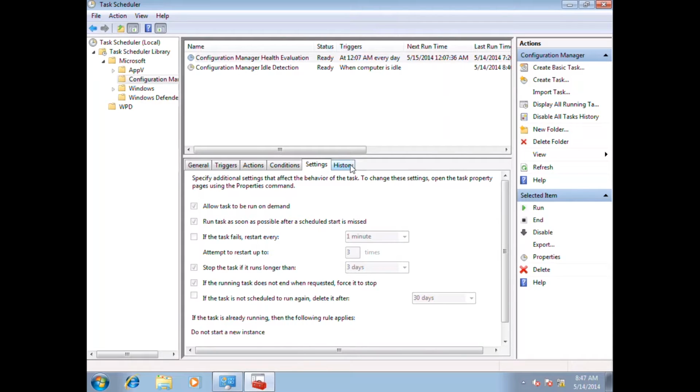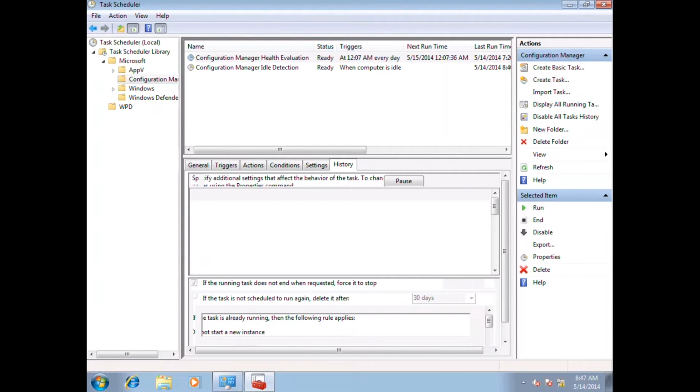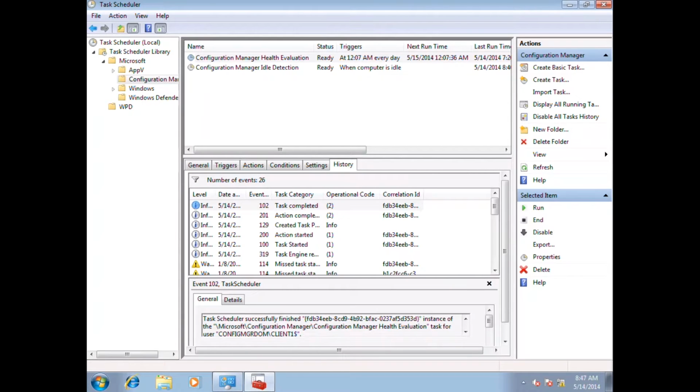The Task Scheduler window shows the history of the Configuration Manager Health Evaluation Service execution. Notice that you can see the past configuration and execution of the service. Note that this view takes a moment to display results. Close the Task Scheduler window. You are not going to make any changes to the schedule. This was simply to show you how you can configure it to run on a different schedule and with different